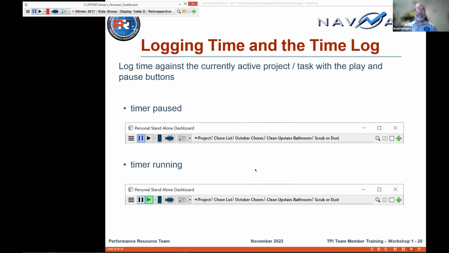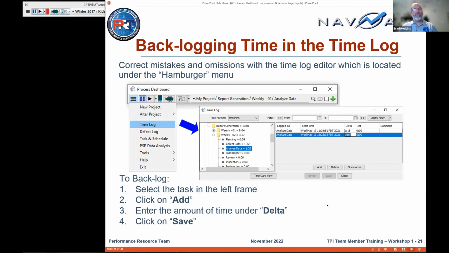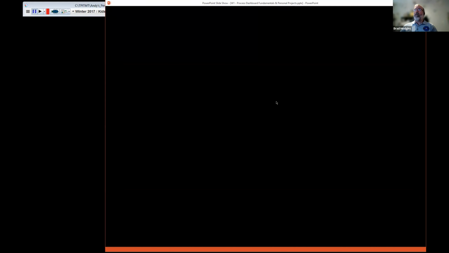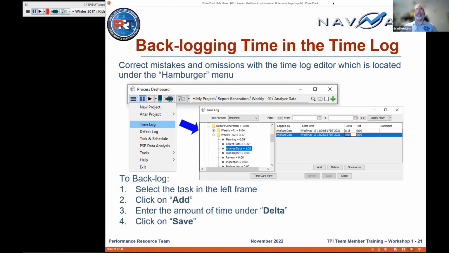All right, so it is common when you first start doing this that you forget to turn the timer on or forget to turn the timer off. So dashboard TUM has made it very, very simple and straightforward to